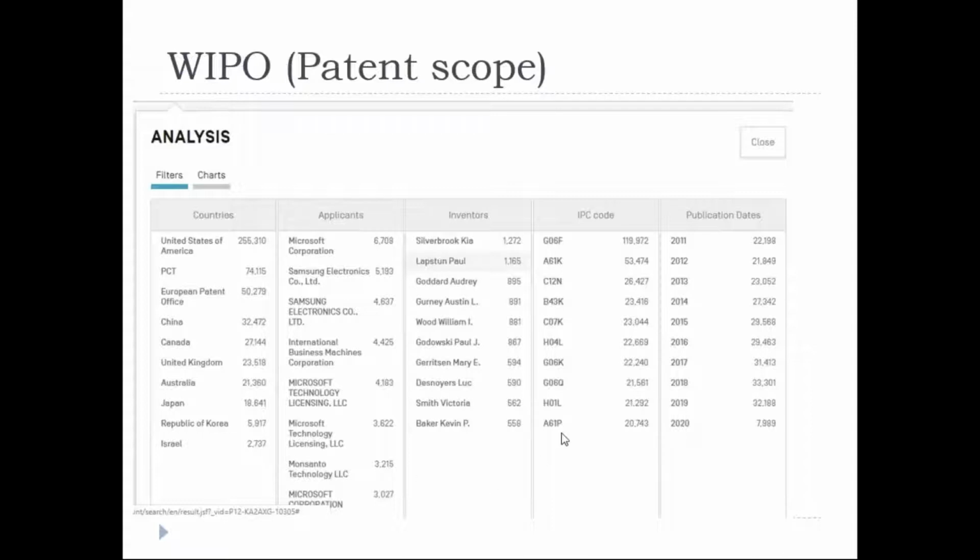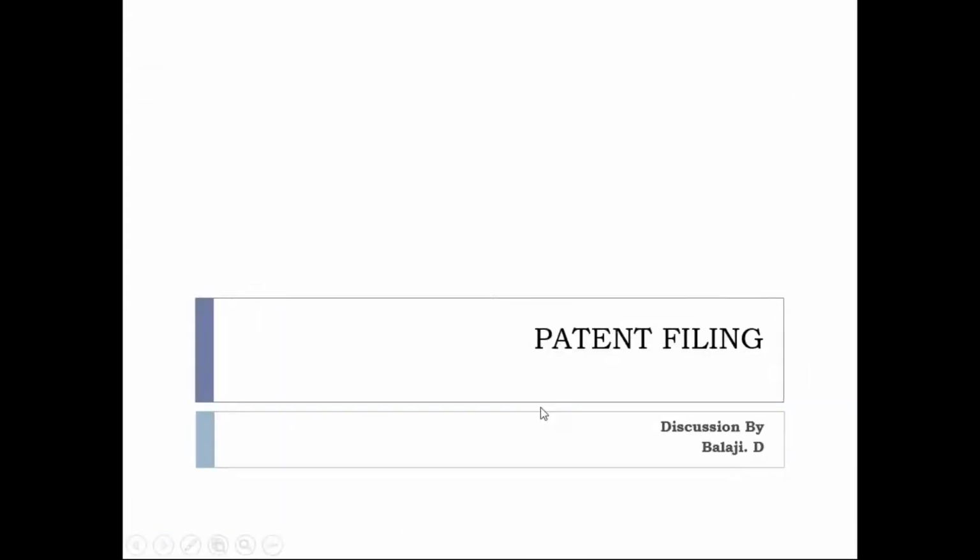So what is next? Now we got the idea that before filing we need to do the prior art search. That is the output we got after doing the patent search. I asked you to go with the initial phase. Karthik sir, I will answer the queries you have asked at the end of the session. Meanwhile, I'll continue with this.